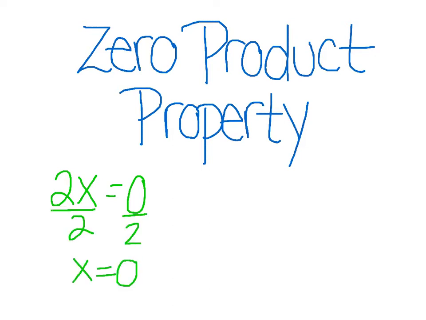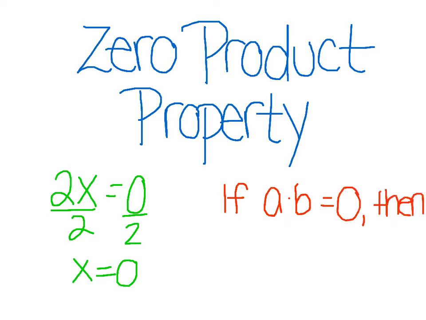The first thing we need to know is the zero product property. If I was to multiply two numbers together, and let's say I didn't know what one of them was, so 2 times some number x, and it equaled 0. Well, what do we know? We know divided by 2, x equals 0. We know that the only way to get 0 when two numbers multiply is that one of the numbers has to be 0. So the zero product property says that if two numbers or variables a times b equals 0,